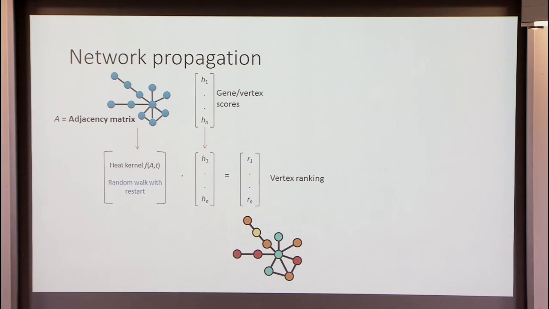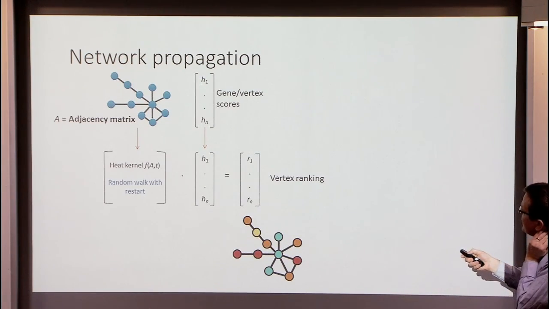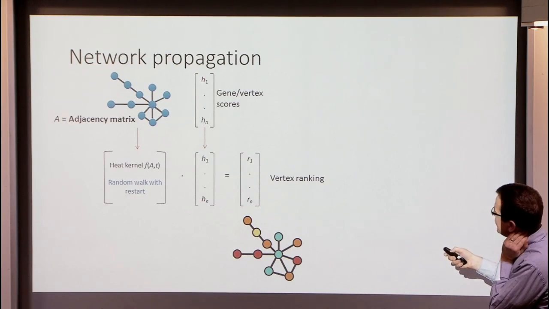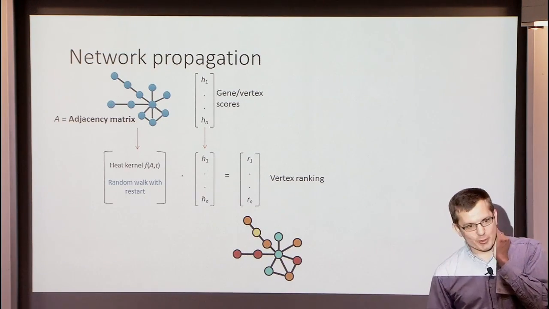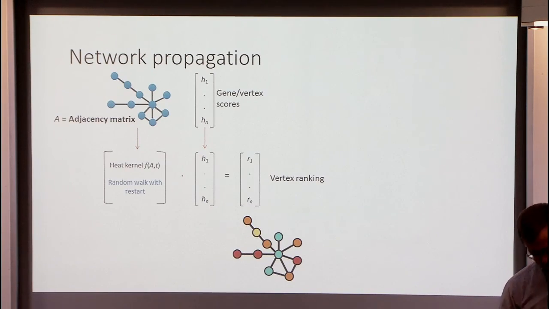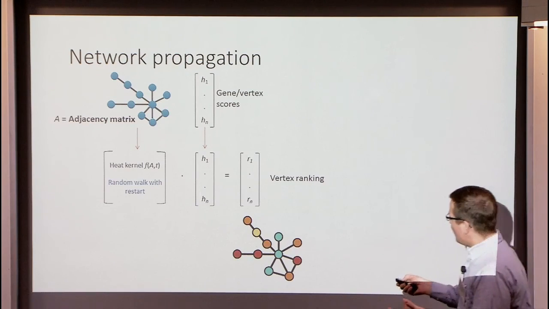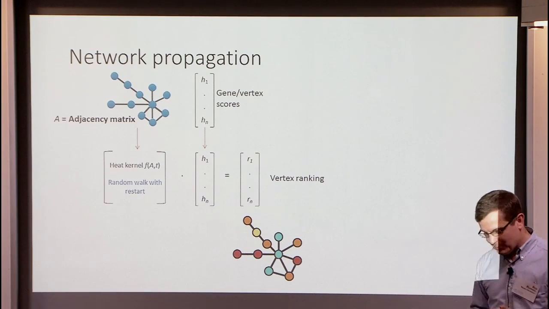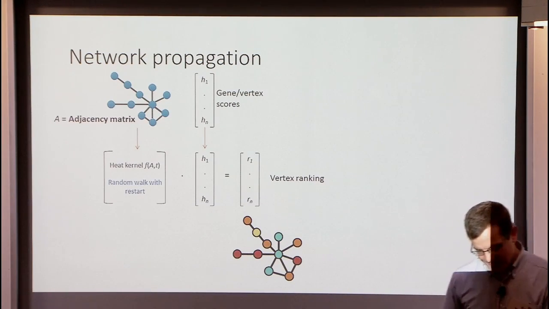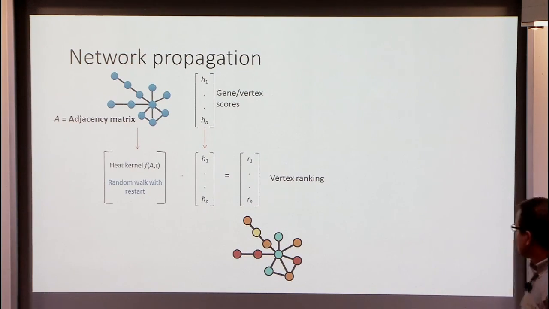The simple way of thinking about this is maybe this vector here is 1 on a few nodes, 0 everywhere else. So my initial condition. In fact, maybe we should think of 1 on a single node, 0 everywhere else. And then when I multiply this vector, what I'm getting is the equilibrium distribution of the random walk if I initialize at that point. So that'll give me some ranking of the vertices relative to my initial condition. And then I can use that to rank cancer genes.